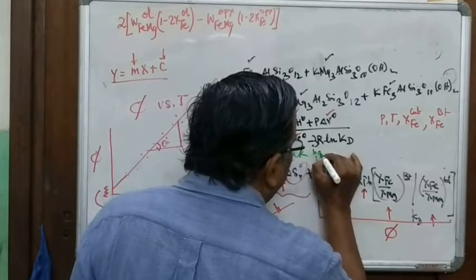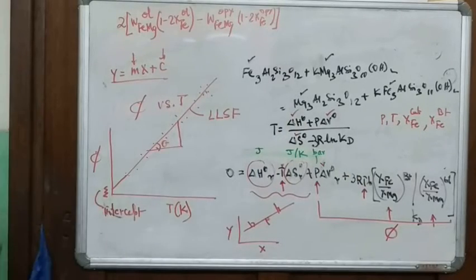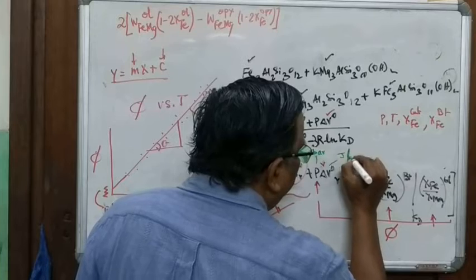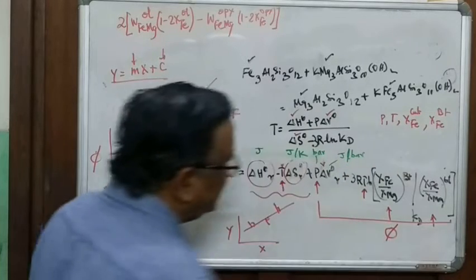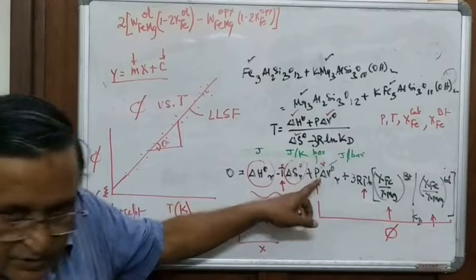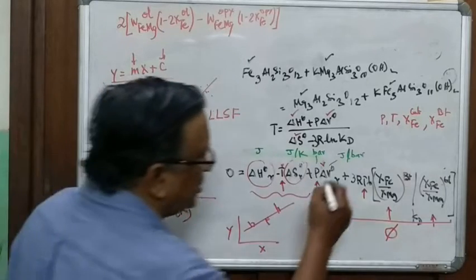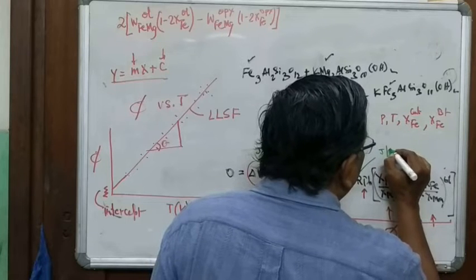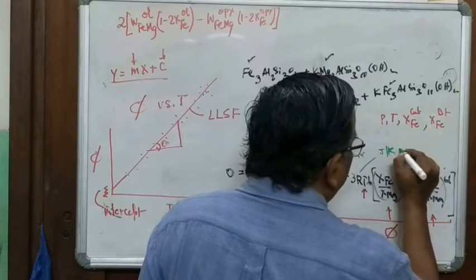This pressure term is in bar. And this volume term is in joule per bar. So, you see, joule per bar into bar, so you get joule. Here also R is in joules per Kelvin, and the value is